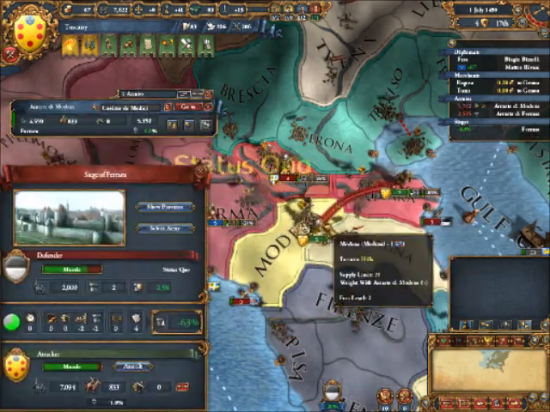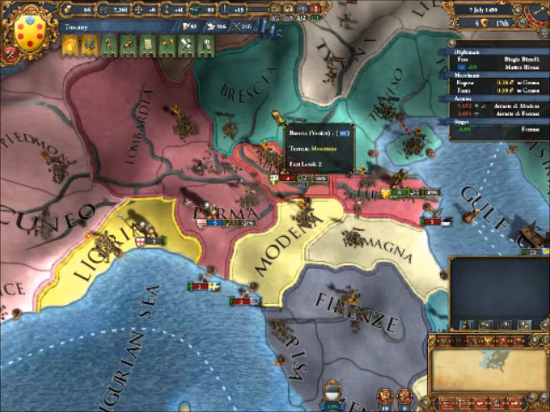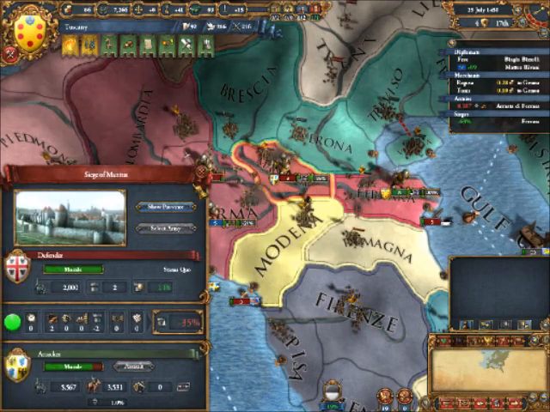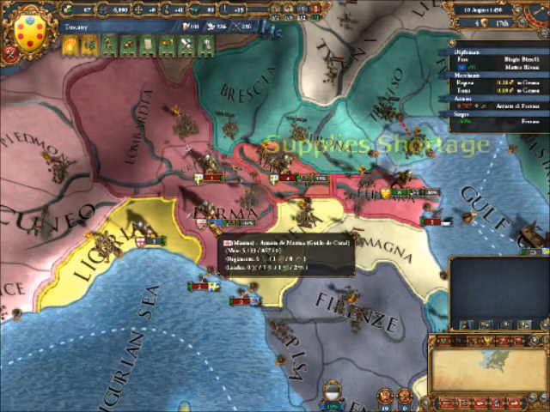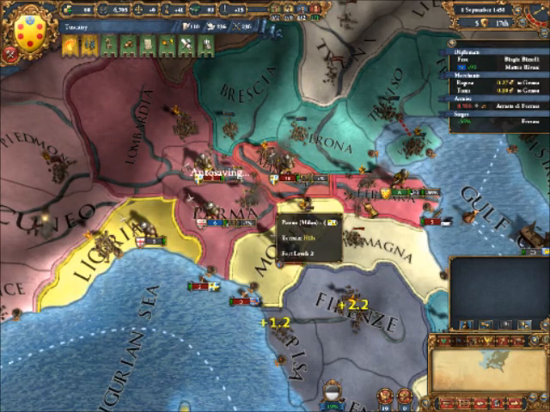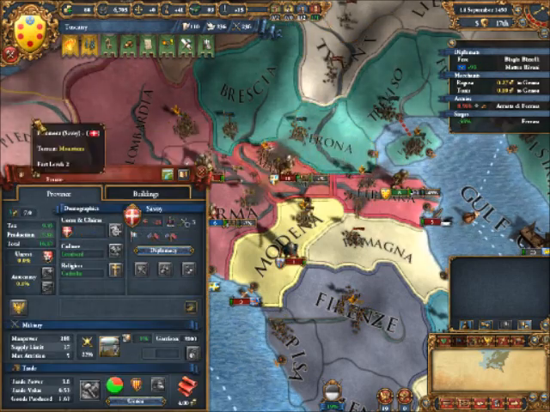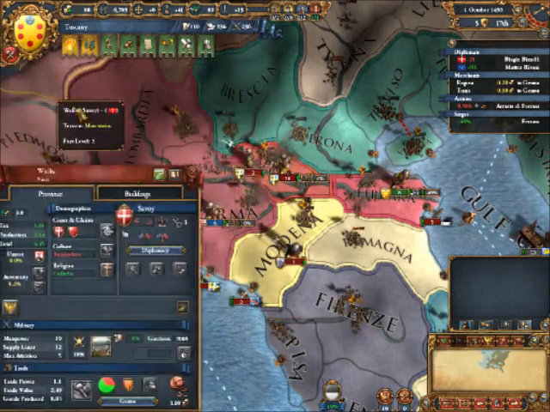Oh boy. Alright, so we're gonna take it easy. We're gonna do this one province at a time because I don't really want to die. And Milan may or may not go over their force limit, so I don't know what's gonna happen to little Mantua over there, but we'll see. I need to improve relations with Savoy immediately. Because...